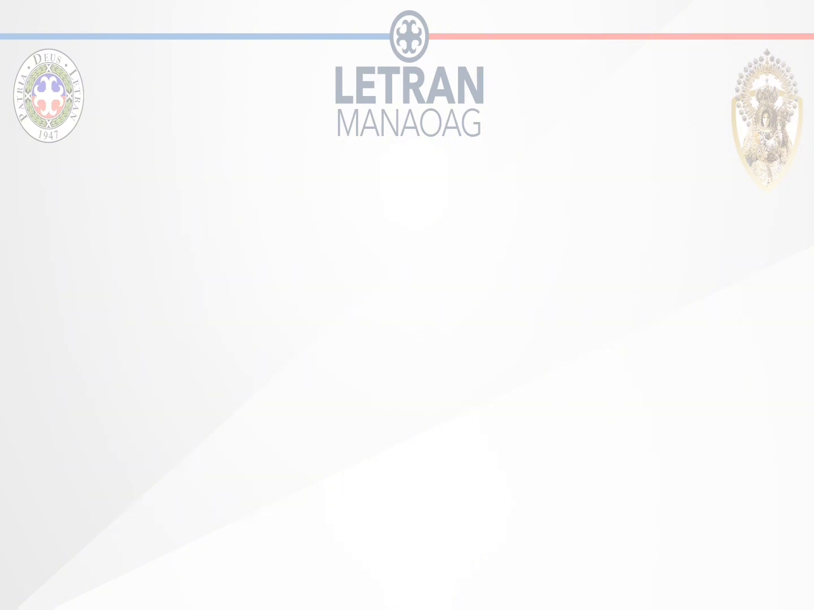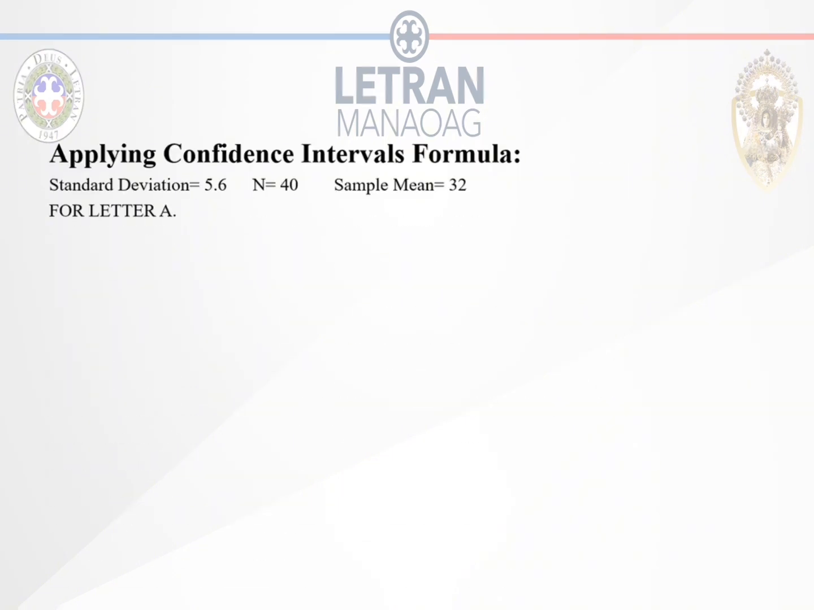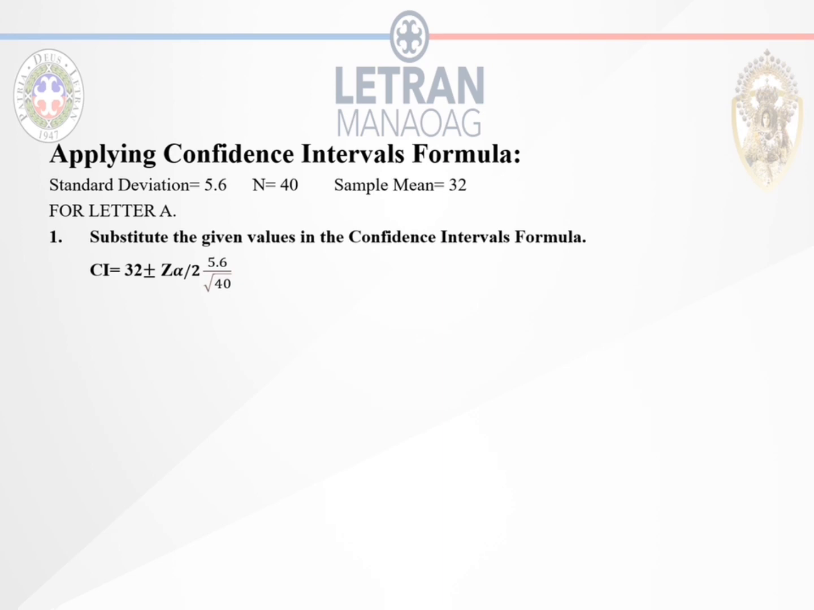Let us first solve for the letter A. As we have read in the example, there are given values such as the standard deviation is 5.6, n is 40, and the given sample mean is 32. The first step is to substitute these values to the formula, which will give us confidence interval is equal to 32 plus or minus z alpha divided by 2 and multiplied to the quantity of 5.6 divided by the square